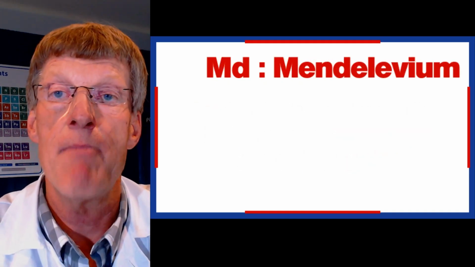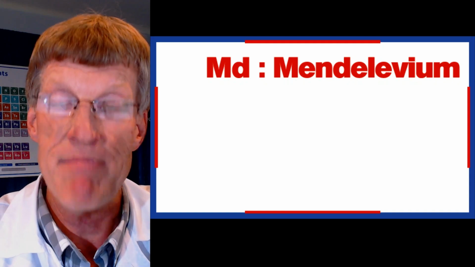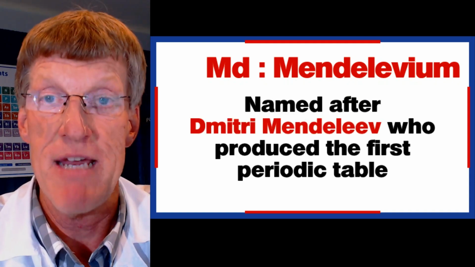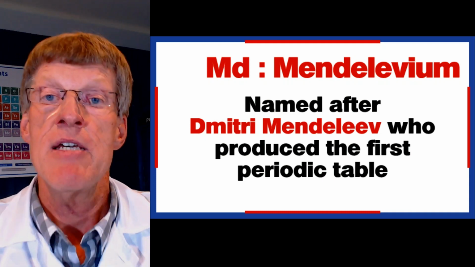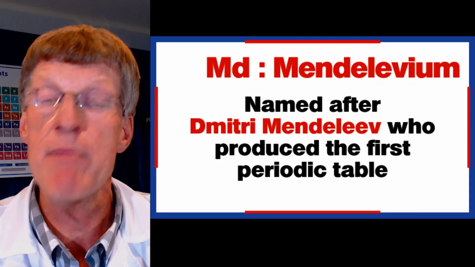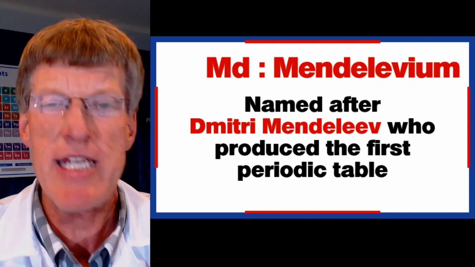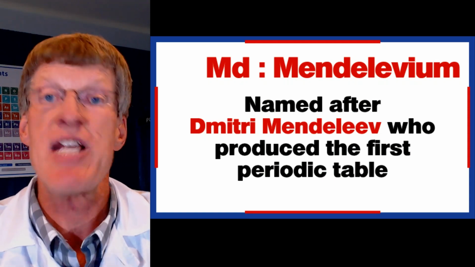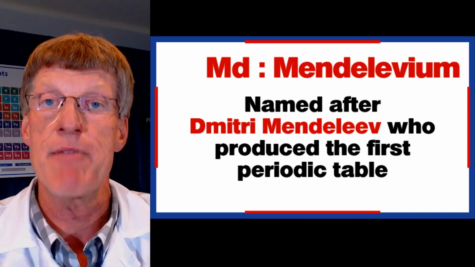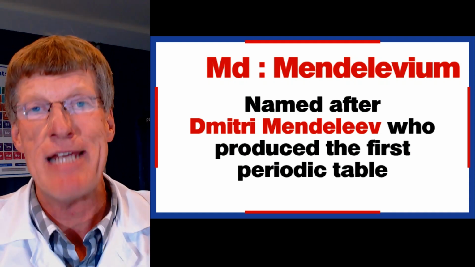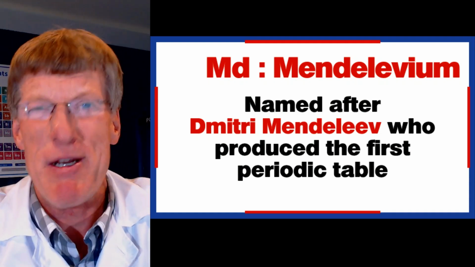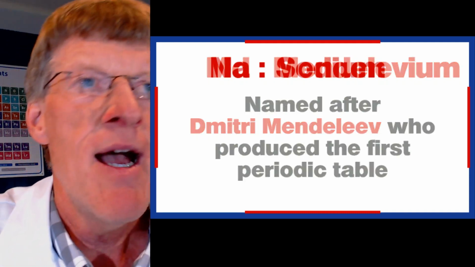It's an honor. Mendelevium, Md, is named to honor a very famous chemist, Dmitri Mendeleev, who produced the first periodic table. So the discoverers of mendelevium said, we want to honor him. We're going to name this element after him. It's really cool to get an element named after you. There's einsteinium, right? Albert Einstein, einsteinium. If you love me, maybe McMillan someday. I'm thinking I would love an element named McMillan. It would be great. It's a great honor. That's what I'm saying.